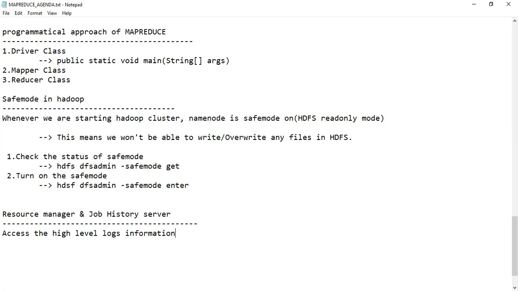Because in future, if a job gets stuck or fails, I have to check the log information. The high level logs information is available in the resource manager, and I can access it through a GUI, a graphical user interface. If you are using the Cloudera